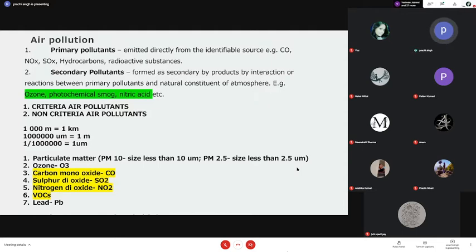Okay? Then there are certain other pollutants also which are not in the criteria air pollutants. Like for example, benzene is there, and ammonia is there, and then the vapors of nitrate and phosphate are also there, which are coming from your fertilizer industry, etc. So these all are the pollutants which are polluting your air. Okay. Now we will focus more on your particulate matter PM10 and PM2.5. Okay. Now what does it mean by PM10 and PM2.5?